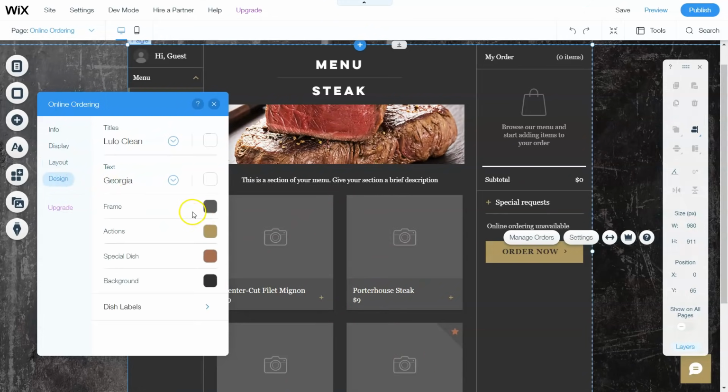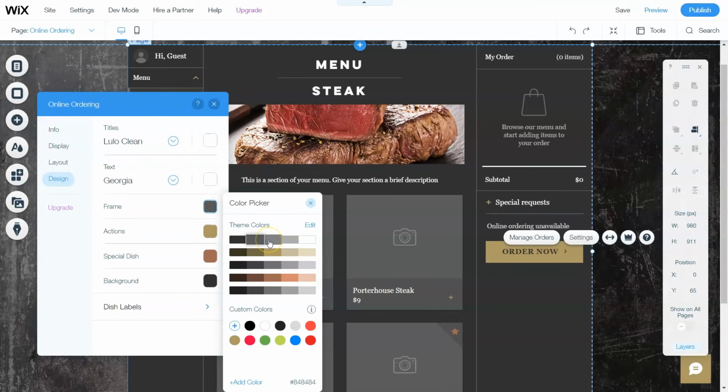Coming to design, the frame, we could change the frame. I'm going to leave the frame the same here. The actions I don't like here, so I want to change the colors. And that's such like Order Now, for example. Right, I want to change that. Let's see a color that we want. I don't like any of those. All right, well, let's go with red. There we go. Put your attention, right? The special dish. What do you guys think? Maybe we'll make the special dish